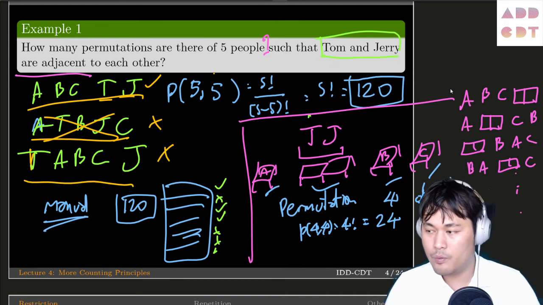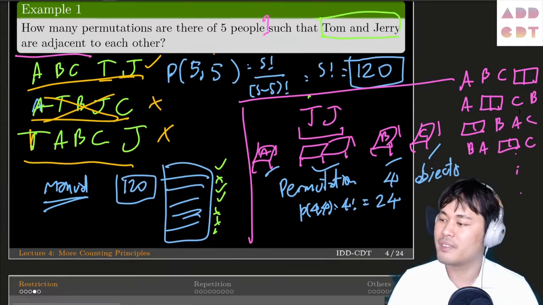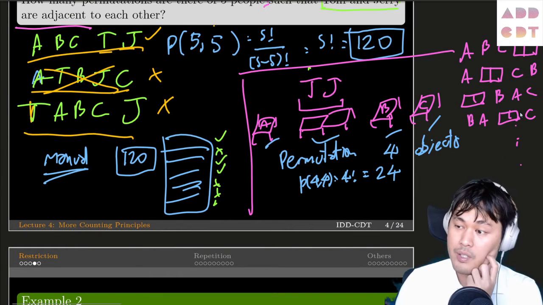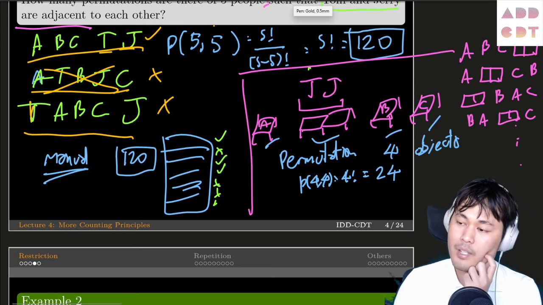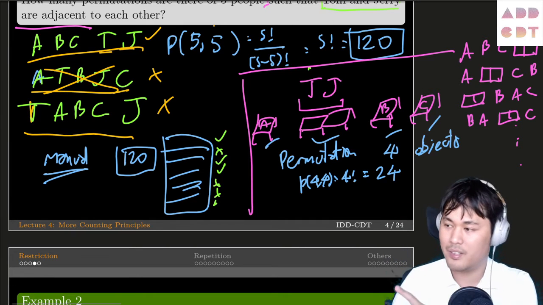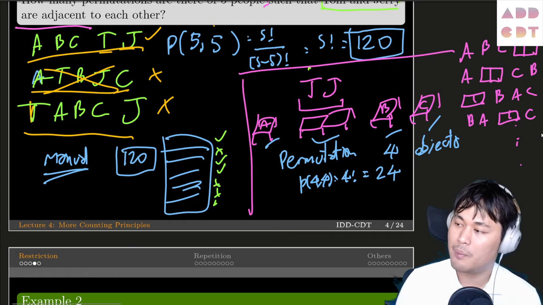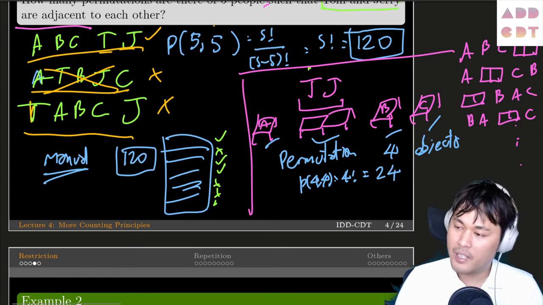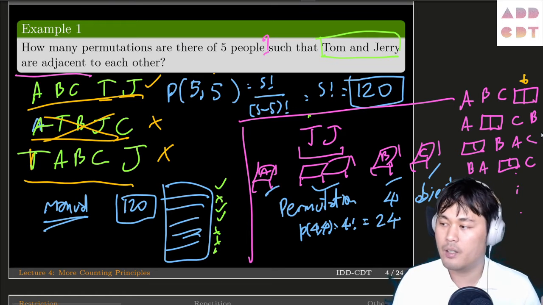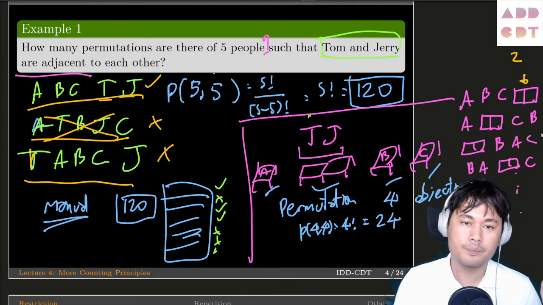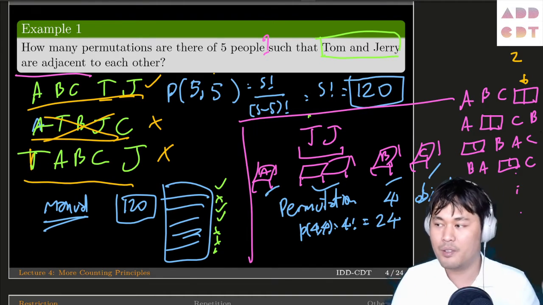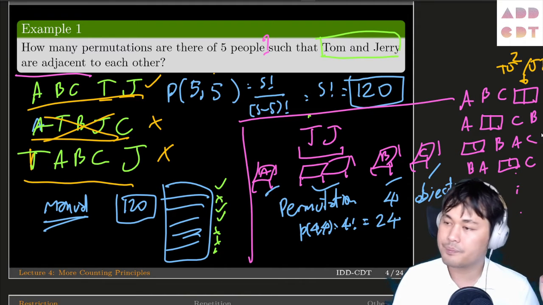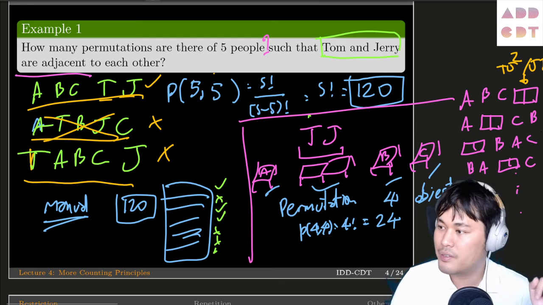And then we have to ask, are we done yet? Not yet, not quite, because we reserved 2 seats for Tom and Jerry, but we still have to put Tom and Jerry on those seats. And the number of ways we can put Tom and Jerry on those seats, after we arrange the seats, is 2. Because there are 2 seats, so we can put either Tom, Jerry, or Jerry, Tom. It's only these 2